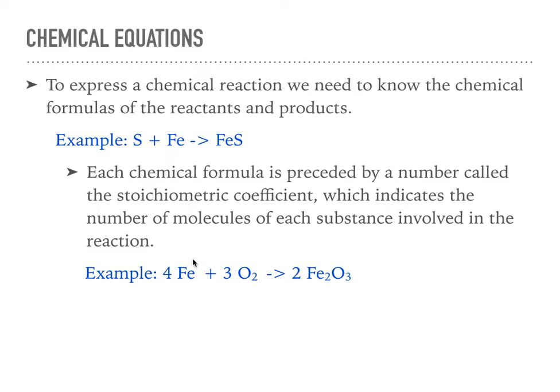In some formulae, we have some equations. We have numbers before the substances. So here we have oxygen. You know, oxygen has 2, and this number means the number of atoms we have in these molecules. That is 2 atoms of oxygen. But we have another number here. This is a stoichiometric coefficient, and it means the number of molecules we have. So this is the number of atoms inside the molecule, and this is the number of molecules that is